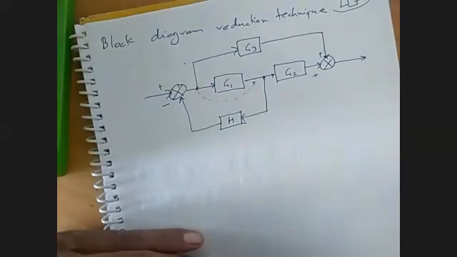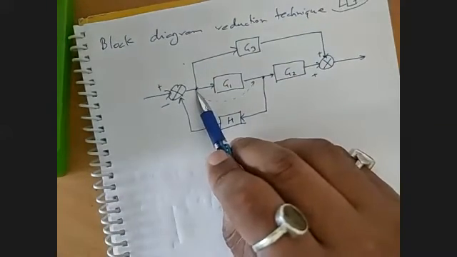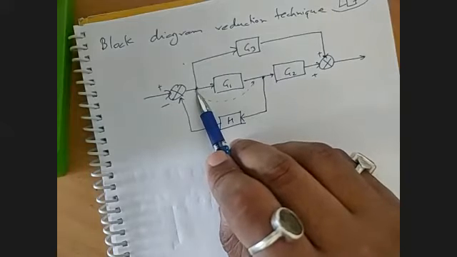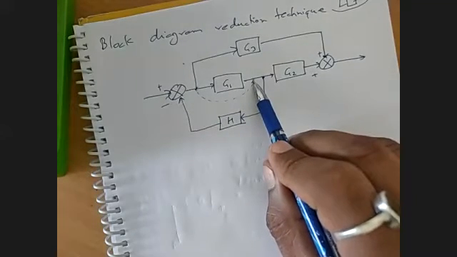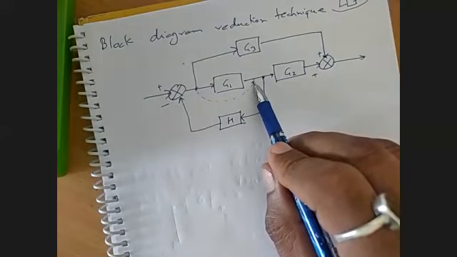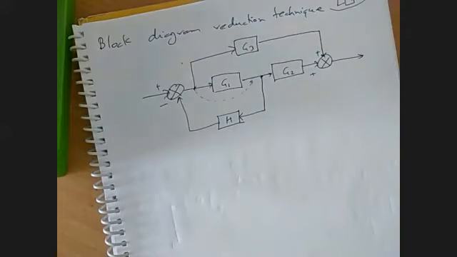So as we study, we are taking a takeoff point before the block to after the block. That means we have to connect a gain of 1 by G in this path. So we will be shifting this from here to here. So it will become